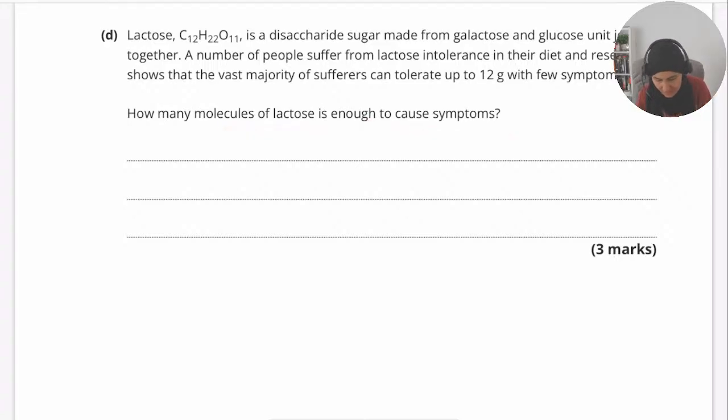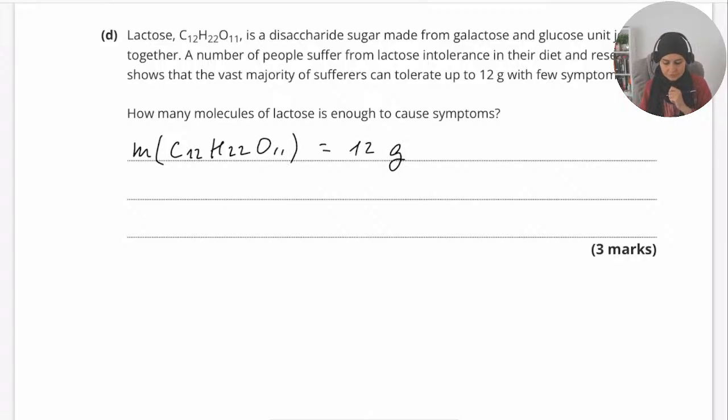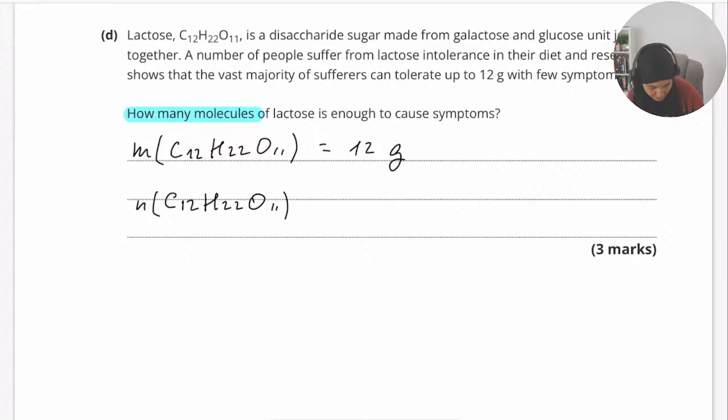And we know that we can tolerate 12 grams of C12H22O11. Okay, so we know the mass is 12 grams. What do we need? We need to find the number of molecules. Well, to find the molecules, we first have to find the moles, so I do mass over Mr. Okay, so 12 over 12 carbons, so 12 times 12.01, plus 22 hydrogens, 22 times 1.01,